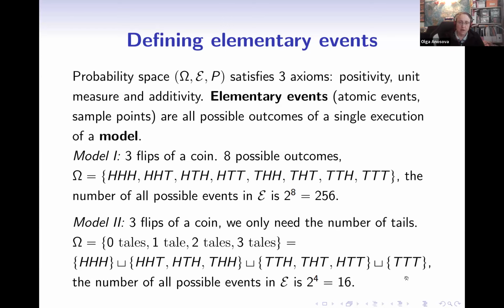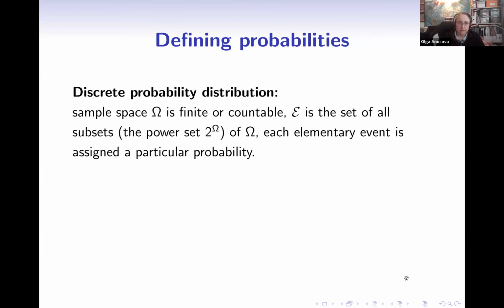So let's see how in maths it is defined further. We need to define probabilities, and there are broadly 2 wide types of probabilities: either discrete probability distribution, where we start from the building blocks and we take this number of primitive building blocks, as we just did, finite or at least countable. And then we define the set of all subsets, and as we've covered, it will be 2 to the power of number of elements.